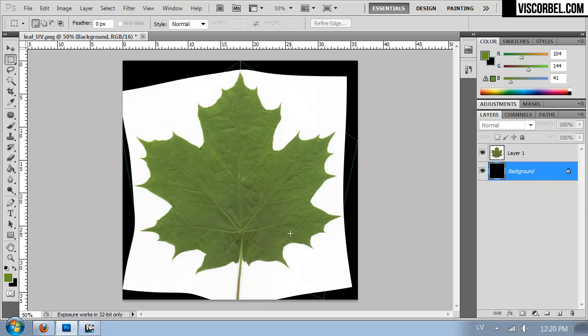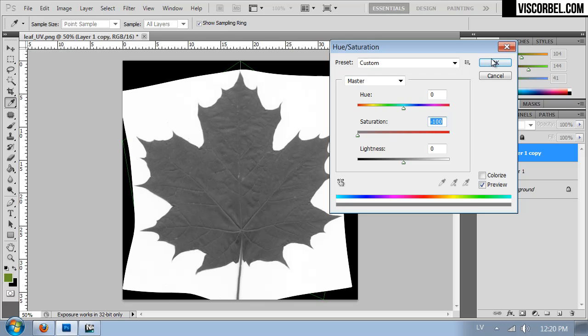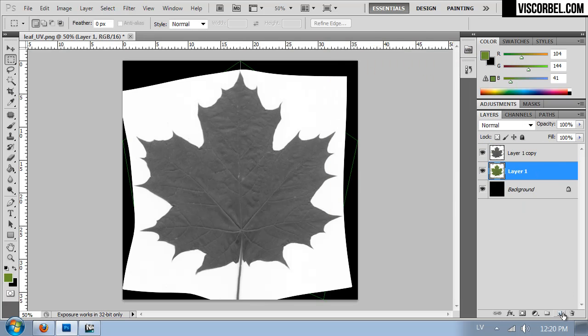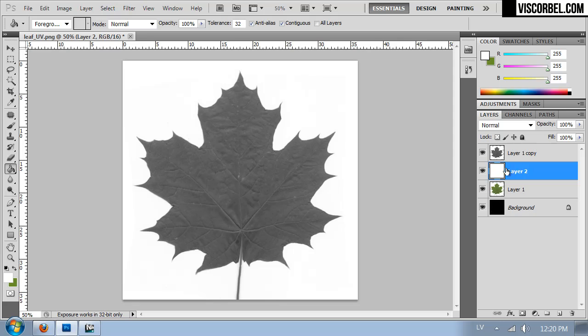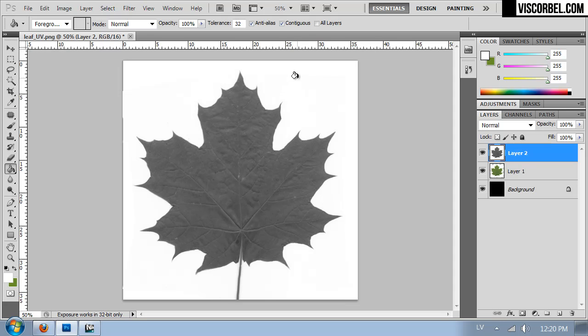And now we need to create the opacity map. I'm going to duplicate the layer, desaturate it. Okay, let's make another layer below it and fill it with white color. Okay, and merge these together. So the opacity map works like this. The white parts are visible and the black parts disappear. So we need to invert this image,